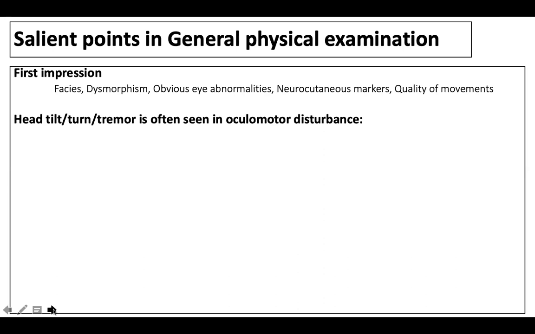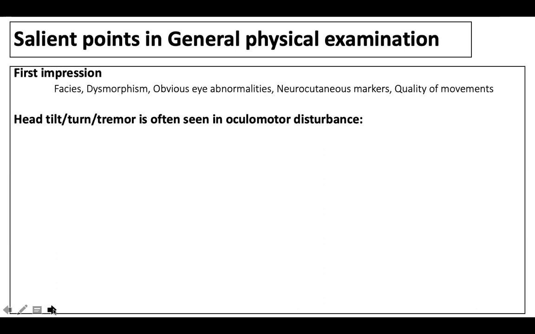And one important thing, these children, especially those children who have palsies, either a monoocular palsy or a binocular palsy, could have what is known as a head tilt towards one side. So if you see a particular head tilt towards one side, it could be of localizing value in terms of neuroanatomy of how to localize a particular cranial nerve lesion. Okay, like for example, in a case of a fourth nerve palsy, the head tilt is always to the opposite side.